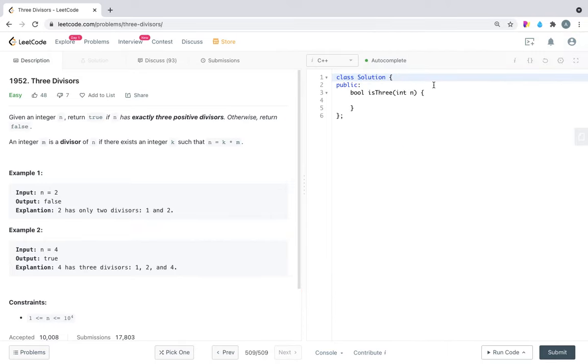Coming to the coding part, first we'll check if the number is 1 or 2. If n is equal to 1 or n is equal to 2, then we can directly return false. Now we check whether the number is a perfect square or not.